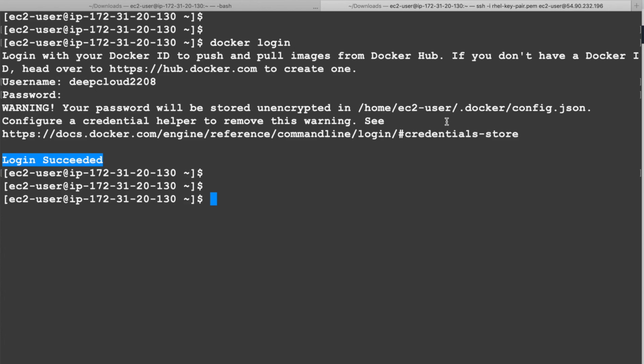As I said, and I'm saying it again, the installation steps which I have shown you are only for Red Hat Linux. For Ubuntu, it will be drastically different. Even for SUSE Linux, it will be different. For Amazon Linux, it will be more or less the same. So launch an EC2 instance with Red Hat Enterprise Linux, which does not have anything installed, and go ahead and try these commands yourself.